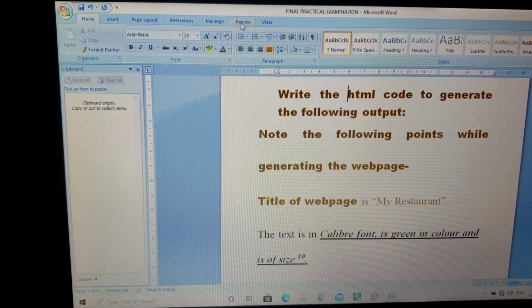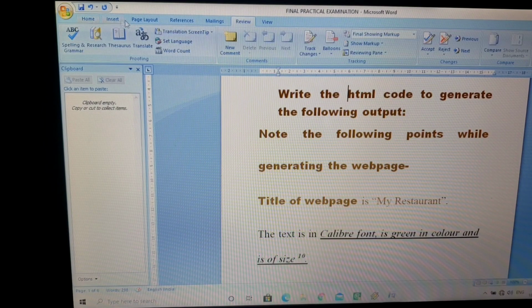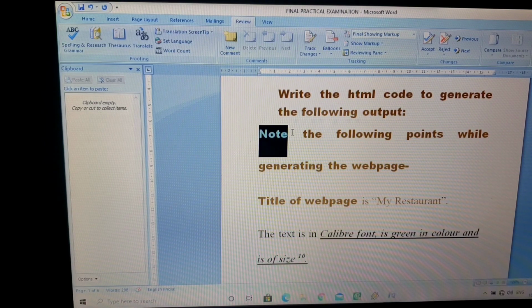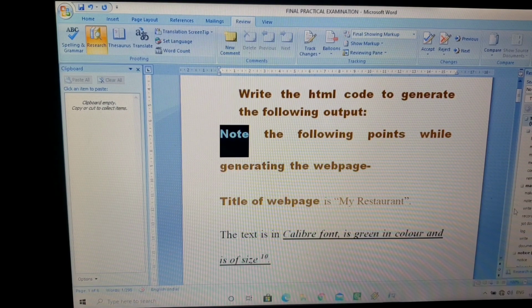Next option is the Thesaurus option. The Thesaurus basically gives you the synonyms or antonyms of a particular word. If you want to find the synonyms or antonyms, just select the word and this is your Thesaurus option. From here you can get the Thesaurus. Whatever the things, if you want to change the sentence, everything according to the grammar is given, but it is given according to the UK grammar. So this is your Thesaurus option.